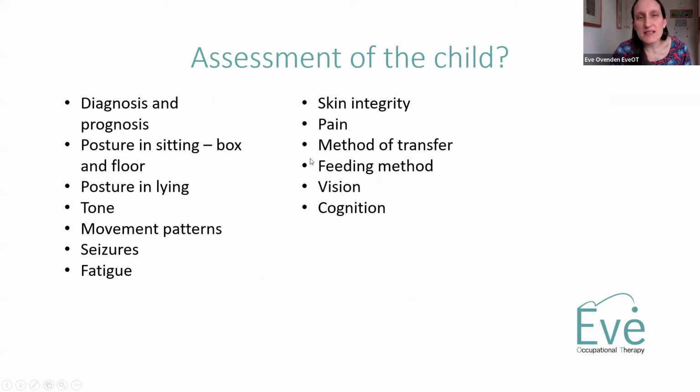So first I start my seating assessment with a good knowledge of the child. It's really important to know the child's diagnosis and how that may impact on their posture, both currently but also going forward, so we're future planning. I have a good look at their posture in sitting, both box sitting and on the floor, and also in lying. Having a look at both their static posture, but what range of movement they've got at different joints as